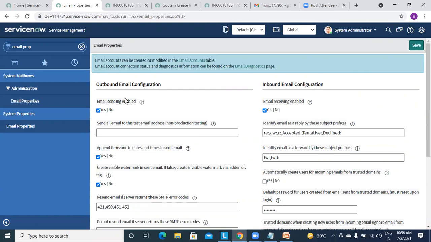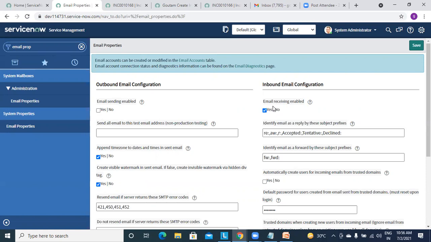So what is the difference? If you are working on a dev instance and we don't want users to get emails, at that time you can make this false. If you make this false, emails will not go outside the ServiceNow instance.